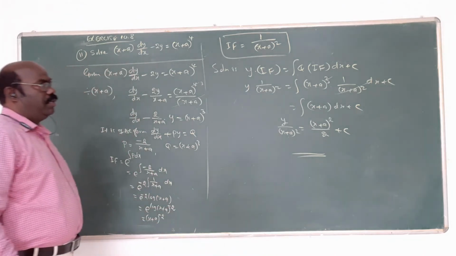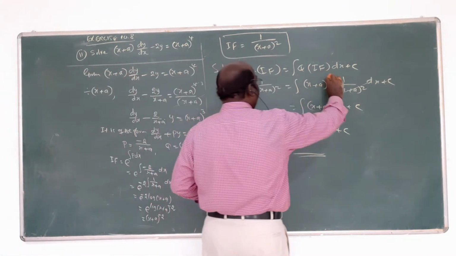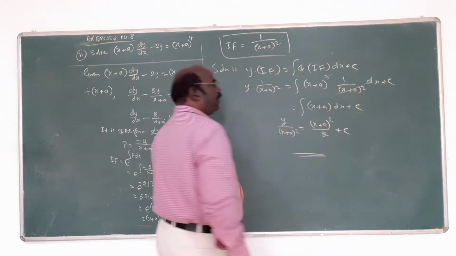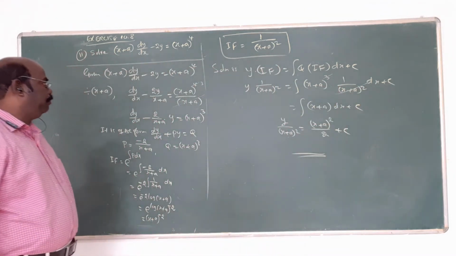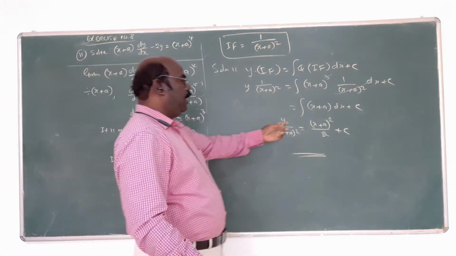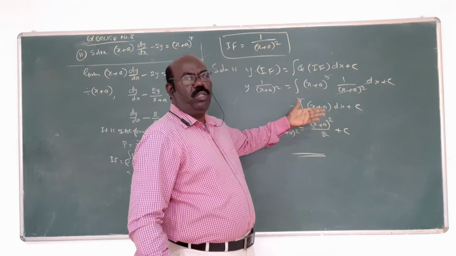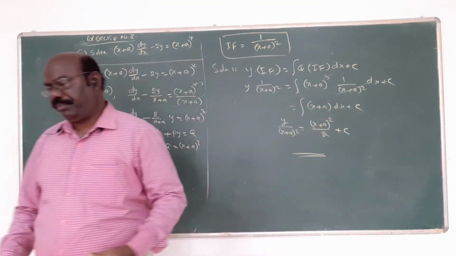That's all. Power 4 is there, power 3 is there. The power will be cancelled, the whole thing cancelled. Only power 3 is cancelled. We can only do x plus a. The integration of x plus a is what? (x plus a) whole power, 1 more than the given power. The power will be added: 1 plus 2 divided by 2. That is the formula.